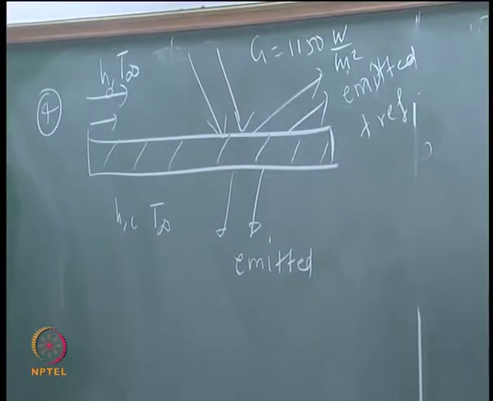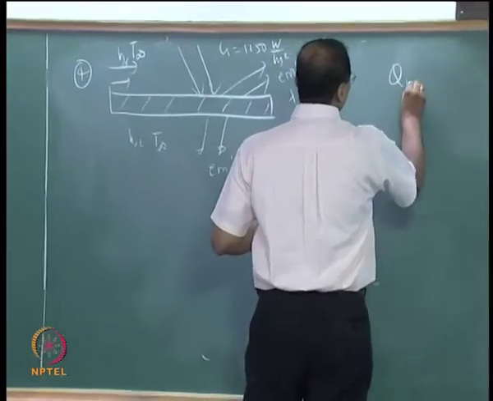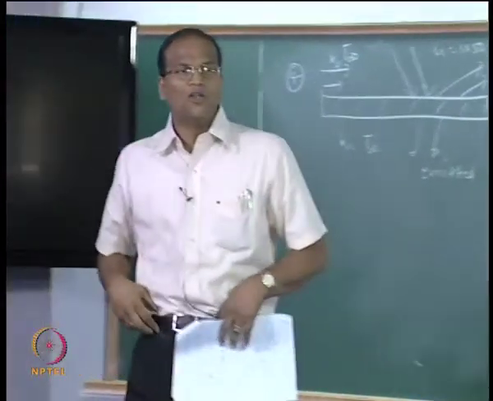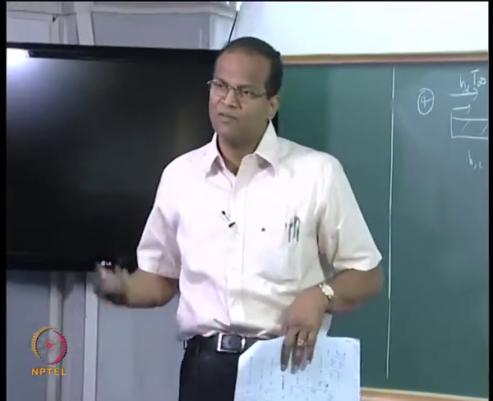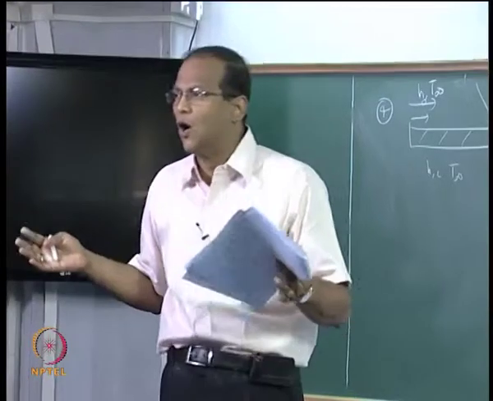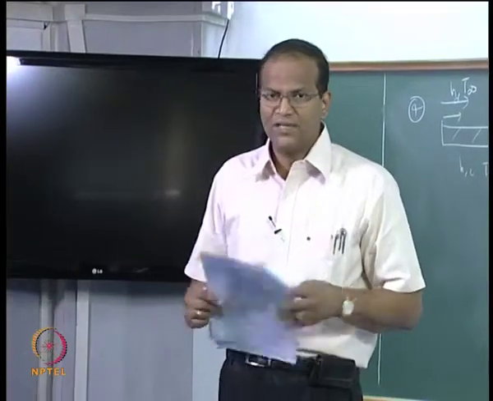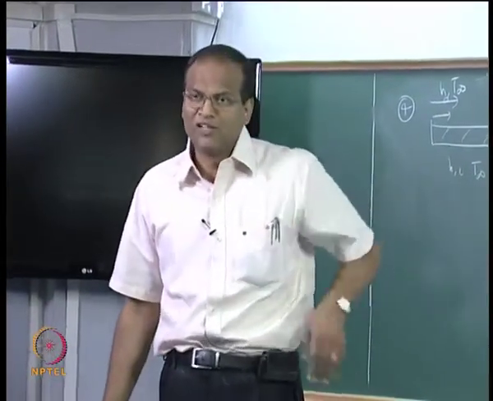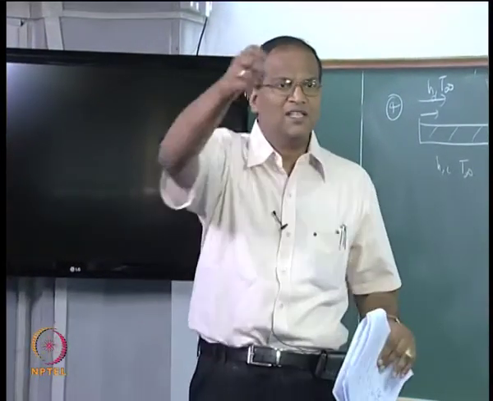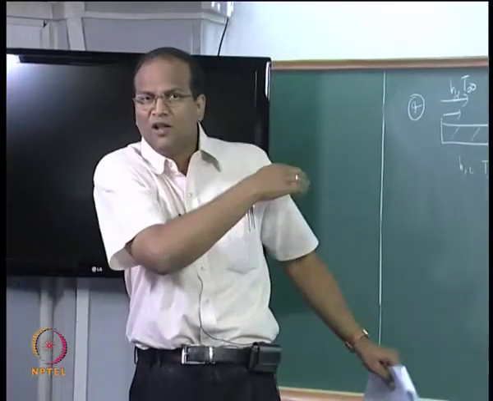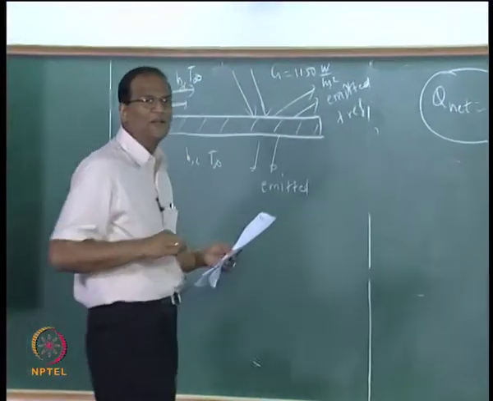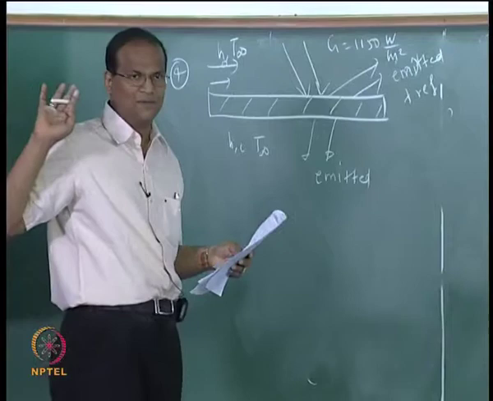Now if you do the energy balance, basically Q net equals 0. If Q net is not equal to 0, then Q net will be equal to m Cp dT by dt of the plate, and dT by dt will be non-zero; it will increase or decrease depending on the complex interplay between the various factors. That is not the subject of this problem. You model something where T increases and decreases with time, like the immersion heater, you have already done that. The goal here is to find a steady state temperature. So the governing equation will not be a differential equation, it will be a simple nonlinear algebraic equation.